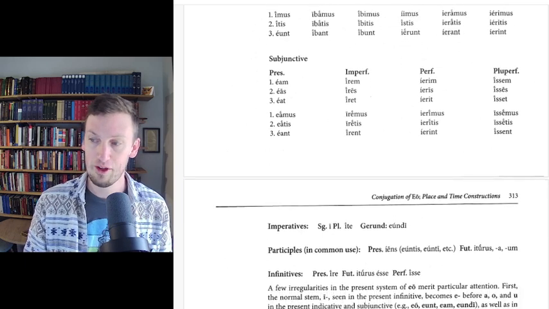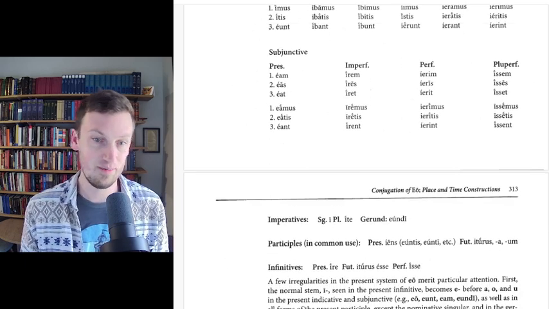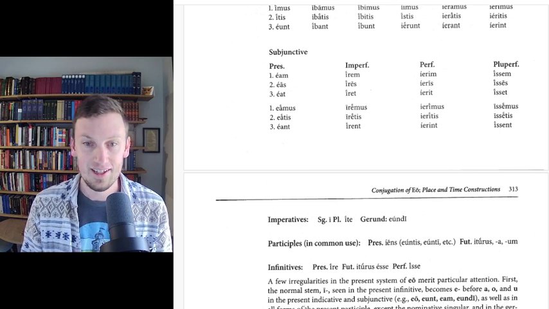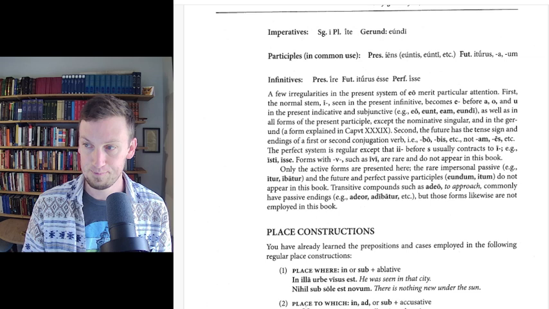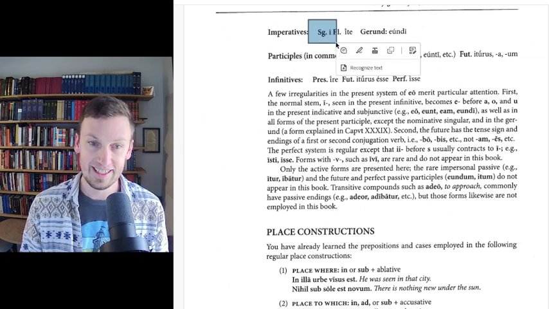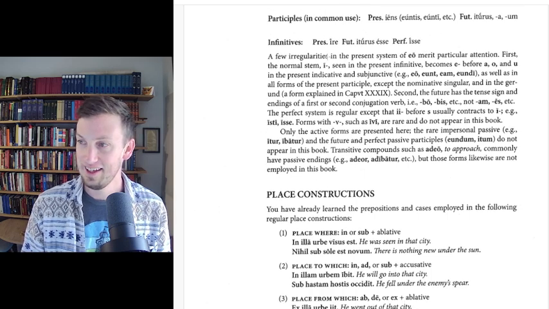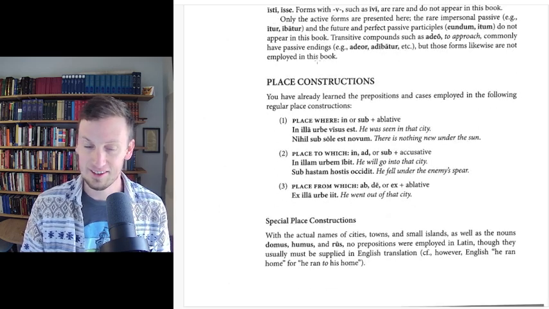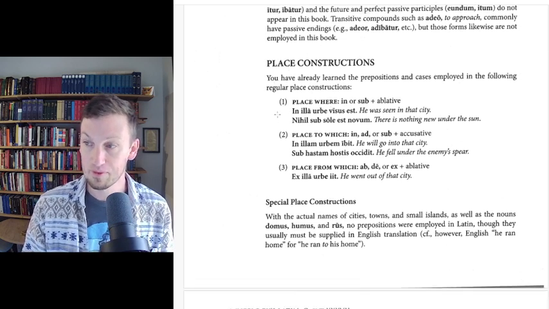So read through those, think about how this would usually be formed, form it in your head with something like ago, and then take a look at how eo works. Note the imperative, i, just the letter i. I don't know how common that is, but it sure is striking when it shows up.